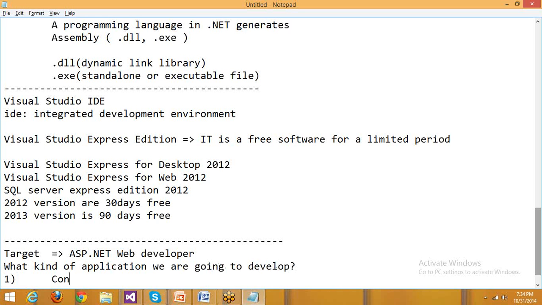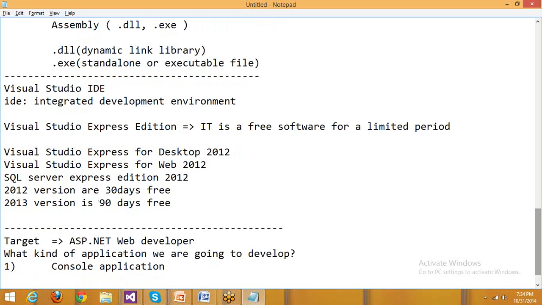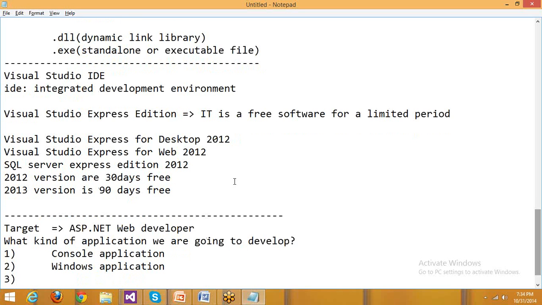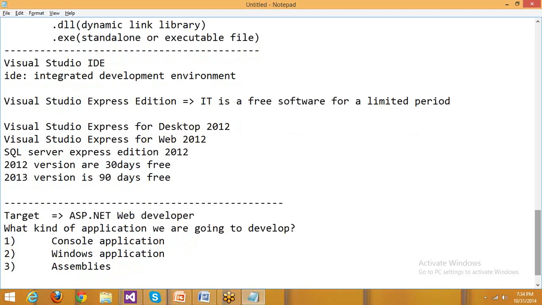First one, we can develop console applications. Okay, we can develop Windows applications. Okay, and we are going to be developing class libraries, called assemblies, and finally you will be developing what are called Windows services. These are related to